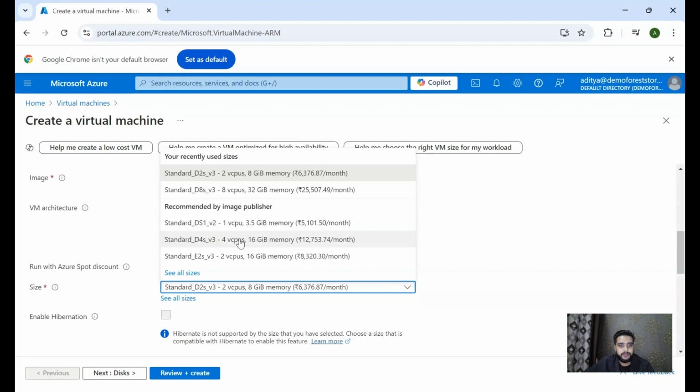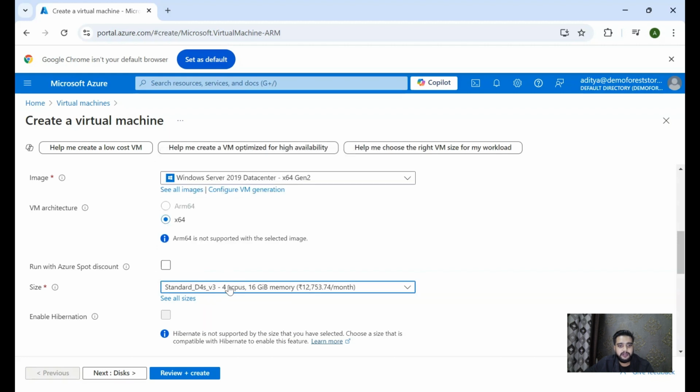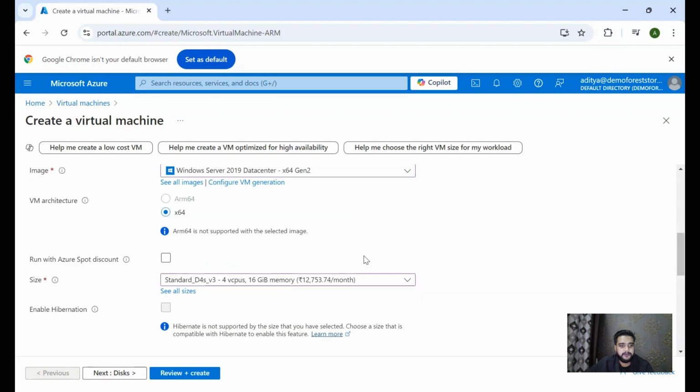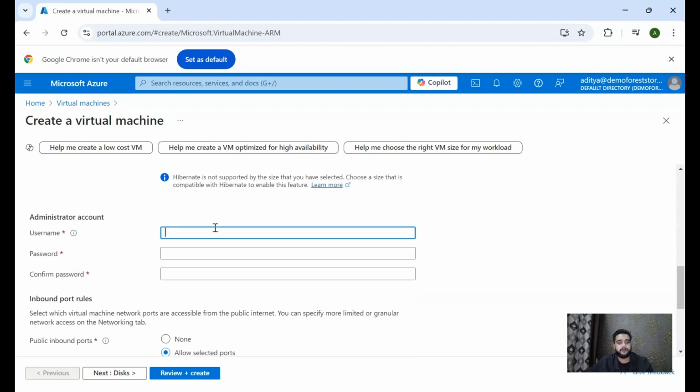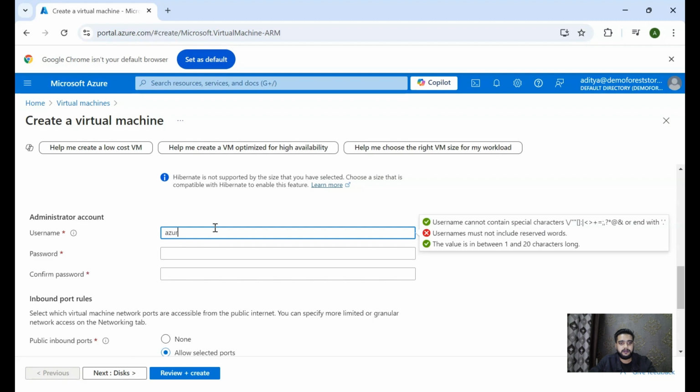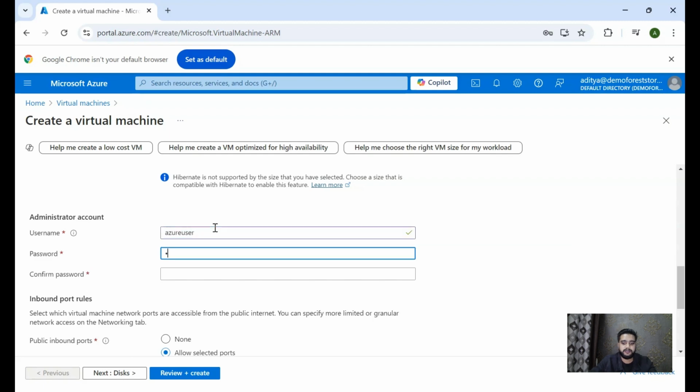So for now, I'm going to take D4s v3, which is 4 vCPUs and 16 GB of RAM. Let's go ahead and give the administrator account credentials, which I'm going to give as Azure user and a password.